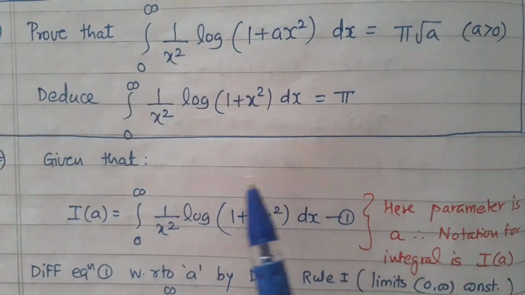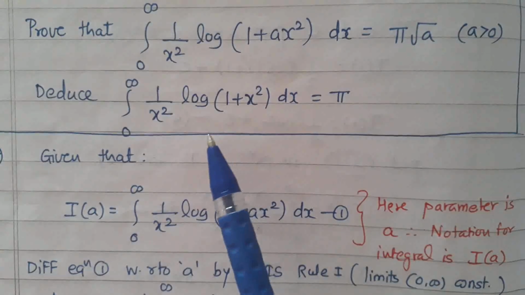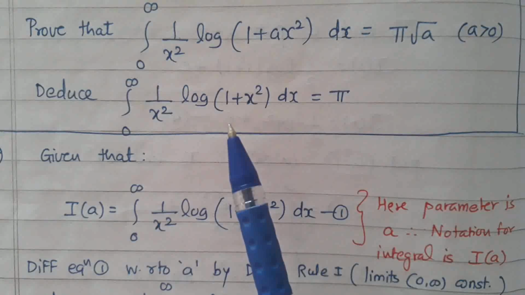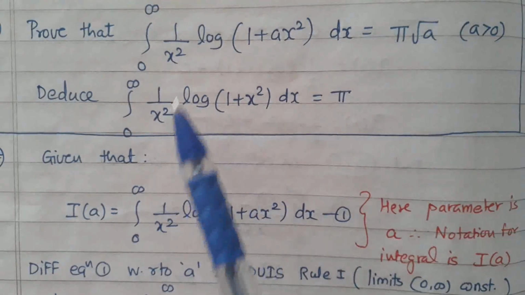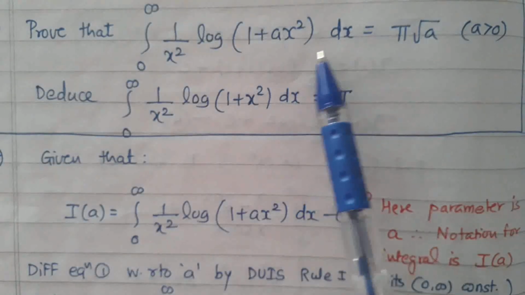Dear students, in the previous video lecture we have seen some examples on DUIS rule 1. Now we will see more examples on DUIS rule 1. Next example, prove that the integral from 0 to infinity of 1 upon x square log of 1 plus ax square dx